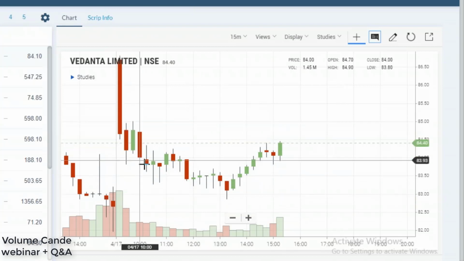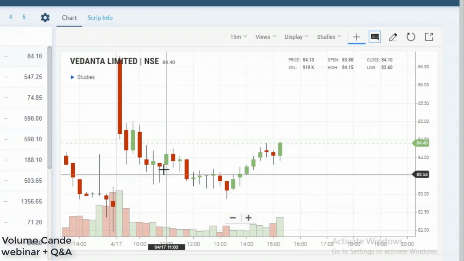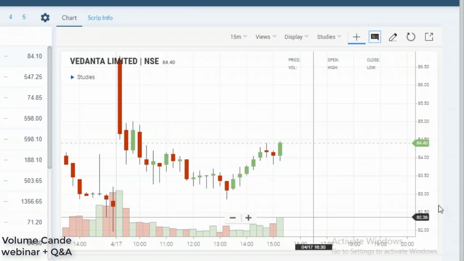In the chart you can see here, this is one pin bar. Don't think of it as an upward hammer or a downward hammer. We just focus only on the long tail, either on the upside or the downside. That is the exact pin bar, right? We can see here, we got one small head, and at the bottom one long pin-like tail. Everybody clear?